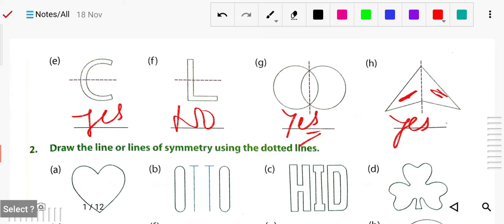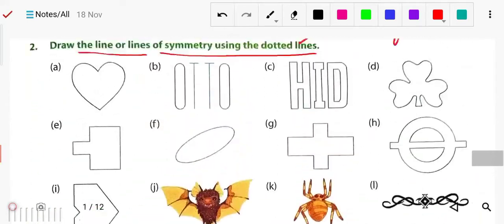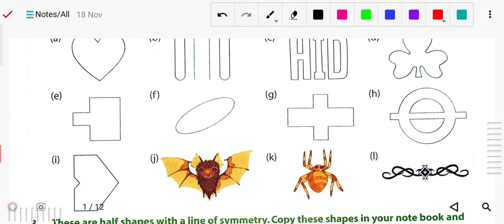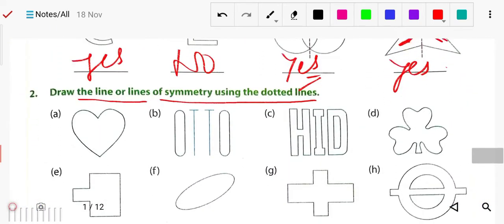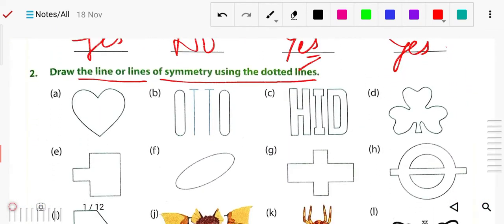Okay, now next, draw the lines of symmetry using dotted lines. So you have to draw the symmetry lines by the dotted line, so that they can cover each other exactly. Okay, so how does it look? You have to draw the line of symmetry like this heart. So from here you can draw this dotted line, through here you can draw a dotted line. So this will be the symmetry of this. Okay,